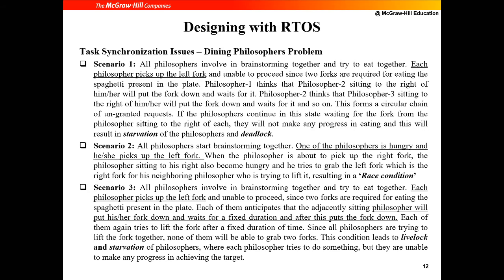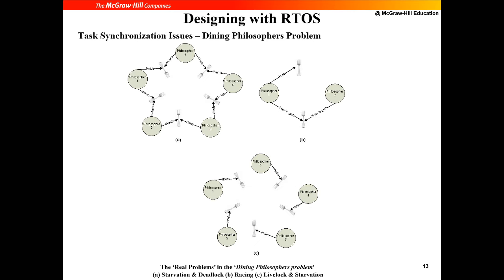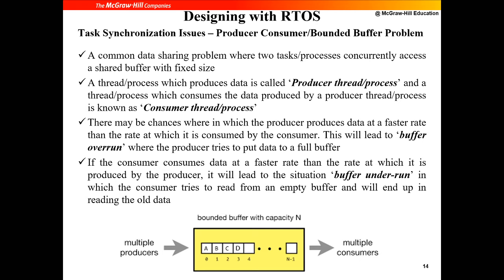You pick your left fork, you count to 10, you see there is no right fork because the other guy has also taken his left fork. So now you put down the left fork, then you pick the left fork again because you're attempting again. You will keep doing the same thing over and over, and then you will starve. So this is the example of livelock. That's why livelock is dangerous. You think you are a very nice guy, you're trying to help, you put down your fork, and later you attempt again, but you just end up in a vicious circle. So that's about the dining philosophers problem.